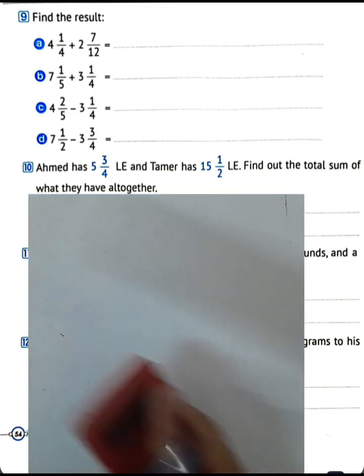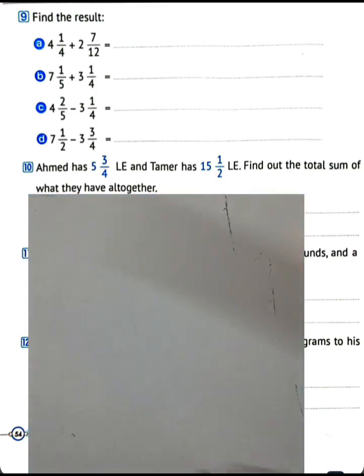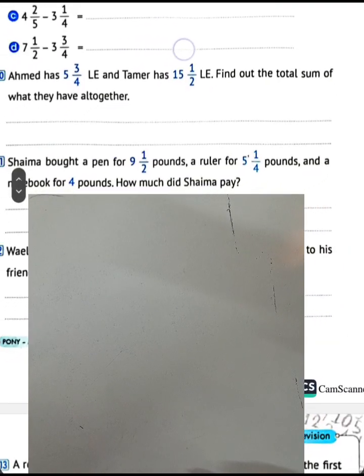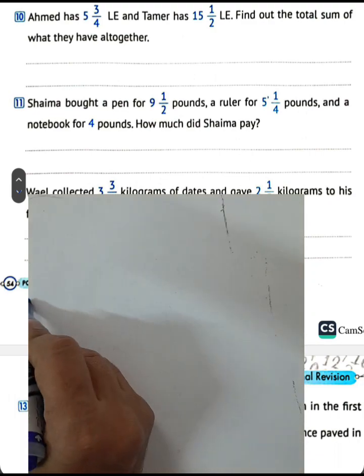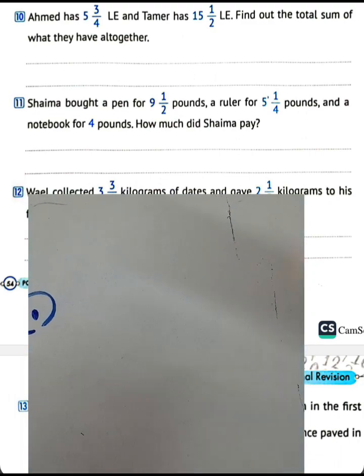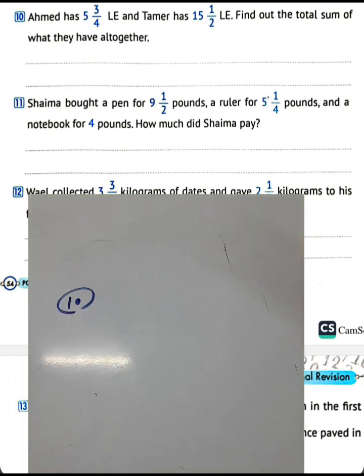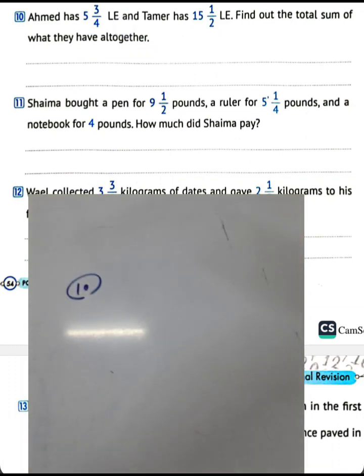Now we will solve question number 10. Look with me and pay attention to the problem you hear. Question number 10. Reading with me. Ahmed has 5 and 3/4 Egyptian pounds, and Tamer has 15.5 Egyptian pounds. Find the total sum of what they have together, or altogether. We must add two fractions to find the total. Question number 10. We have 5